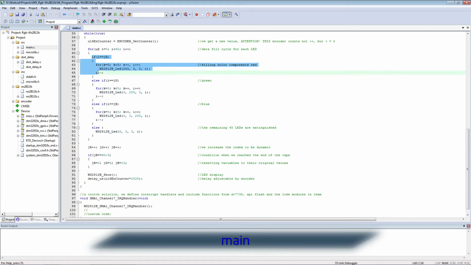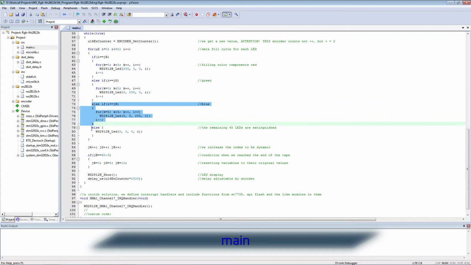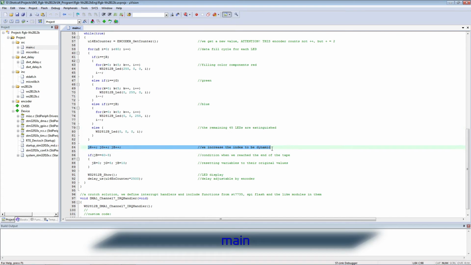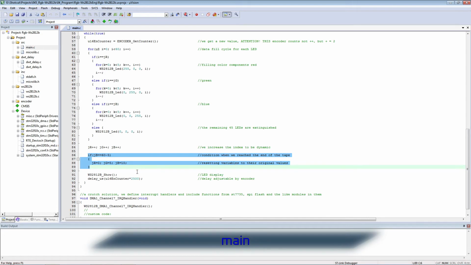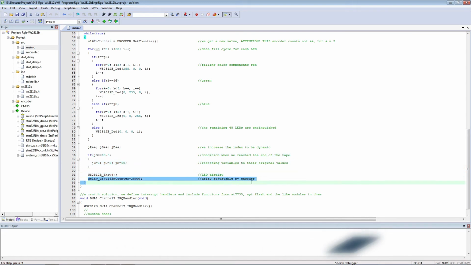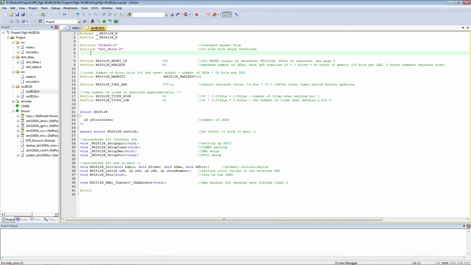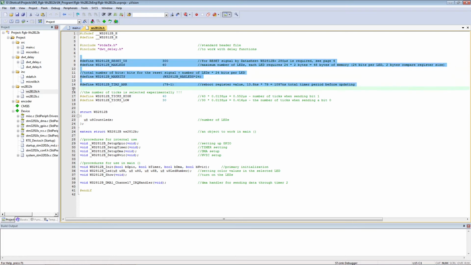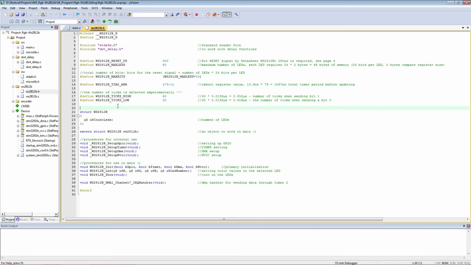In this particular case, we create a dynamic 3-color strip with 5 LEDs of each color in it. We use red, green and blue. After a time delay, we shift the strip along the tape from the beginning to the end. The time delay is generated from the encoder signal. There are some tuning parameters for the smart strip object. You can change them if the tape LEDs are not on or are behaving unexpectedly.